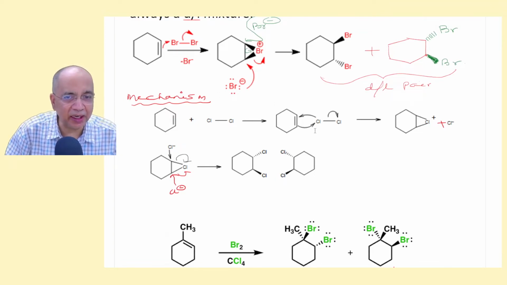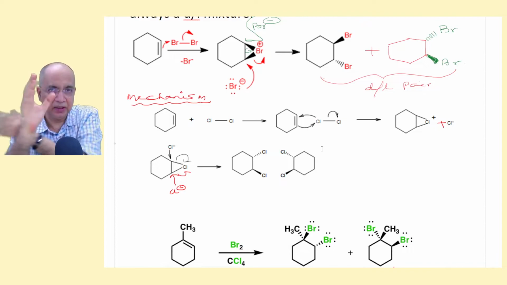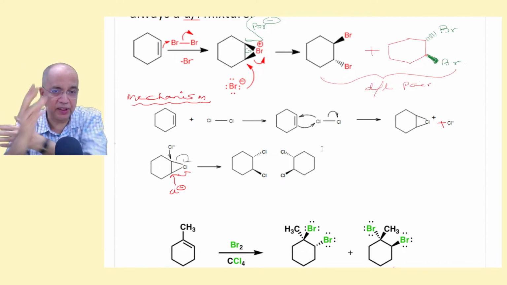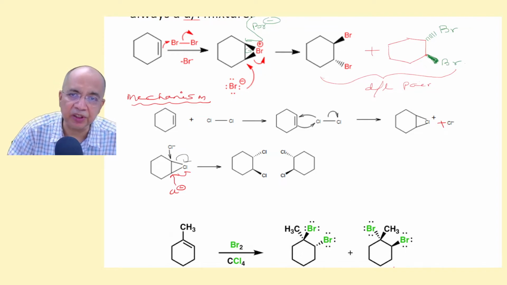Now a chloronium ion intermediate is formed and chloride ion joins below. This chlorine comes up, this chlorine joins below, this chloride joins up like this, but it is now inverted. It is not inverted, it is just rotated. The model itself is rotated and compared with this one, it will be looking like mirror images.